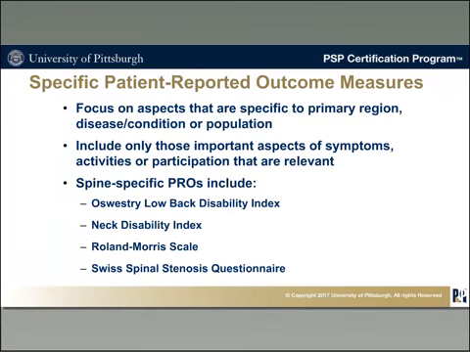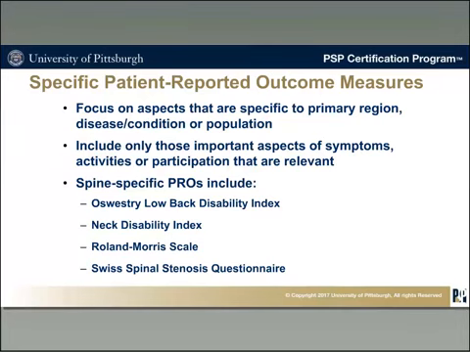Now, in comparison to general, there are specific patient-reported outcome measures. And these focus on aspects that are specific to a primary region of impairment, a particular disease or condition, or a particular population. And it includes only those important aspects of symptoms, activities, or participation that are relevant. So the spine-specific patient-reported outcome measures that we're going to be dealing with are the Oswestry Low Back Disability Index